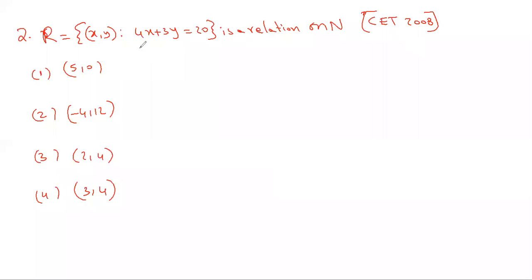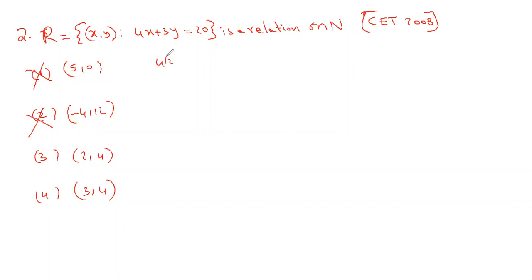They have given that R is a relation on N. Which of the following belongs to R? Without doing the problem, these two cannot be there in R because these numbers are not natural. If you are lucky, one more number also will be there with a negative sign or a 0. Then you need not even verify the options directly, you can pick. But here 0 cannot be there, minus 4 cannot be there in natural numbers. And now 2 comma 4, you verify. If it satisfies, that is the answer, otherwise 4 is the answer.